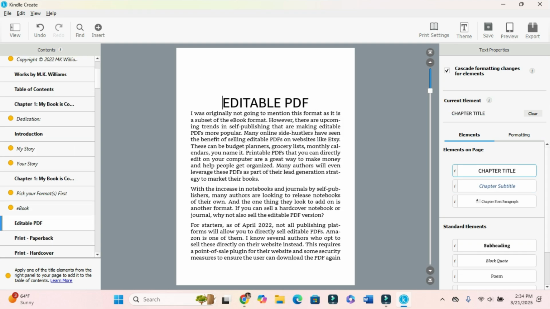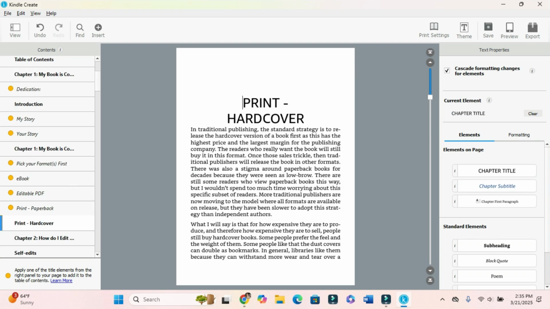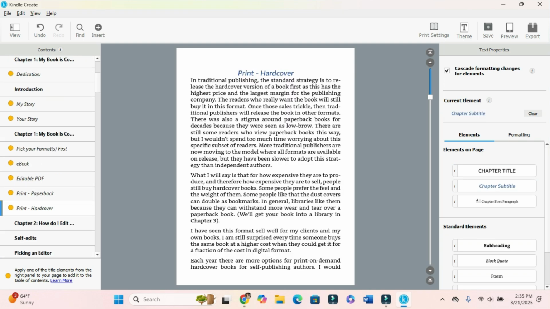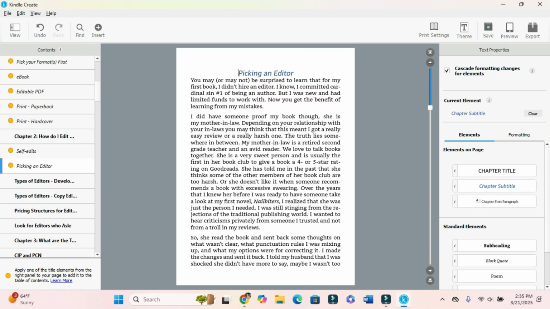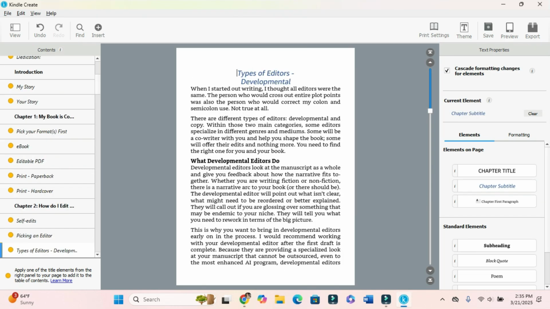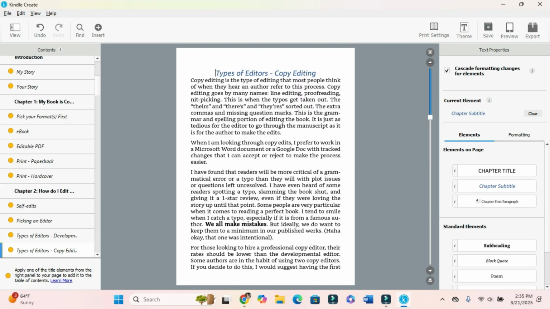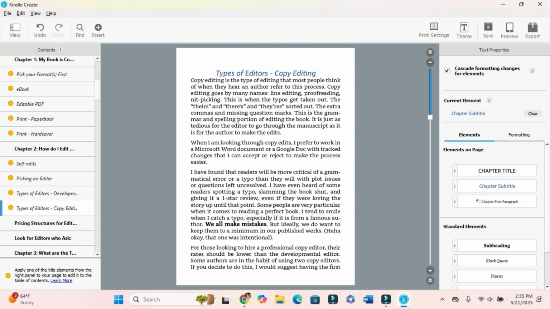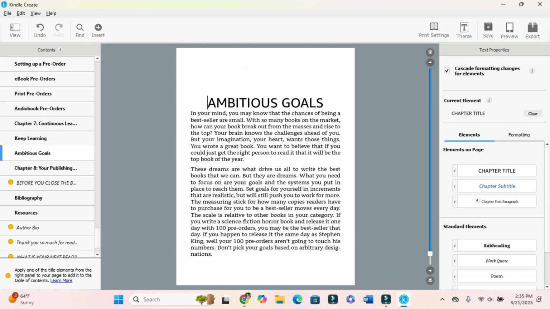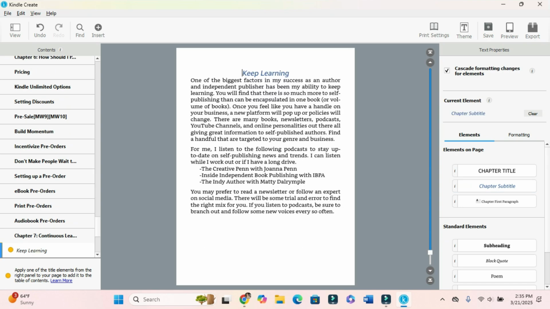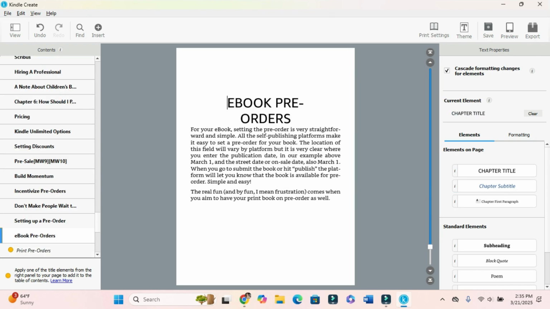A little tedious. So again, not all the formatting from my Microsoft Word translated in here as I might have liked. Even though I uploaded my Word document directly to KDP the last time I published a version of this book, and it was totally fine. Now, one thing I like to do, as you notice, every time I click it, it kind of jumps over here on this left screen. I like to go to the very bottom and work upwards, and then I don't have to worry as much about scrolling down, scrolling up. It actually is naturally just kind of scrolling up for me. And that makes me happy.